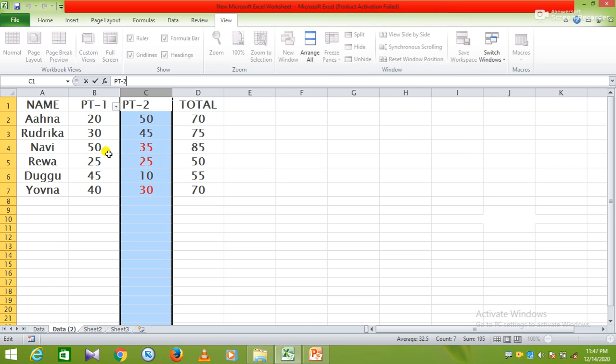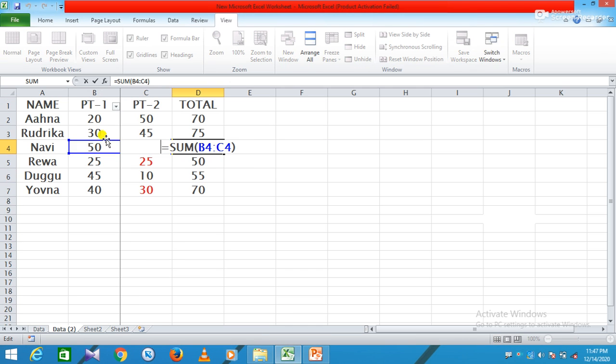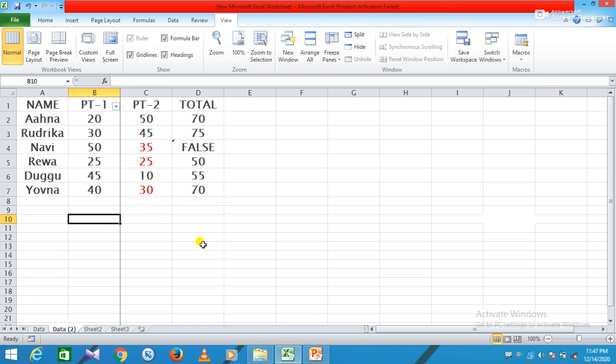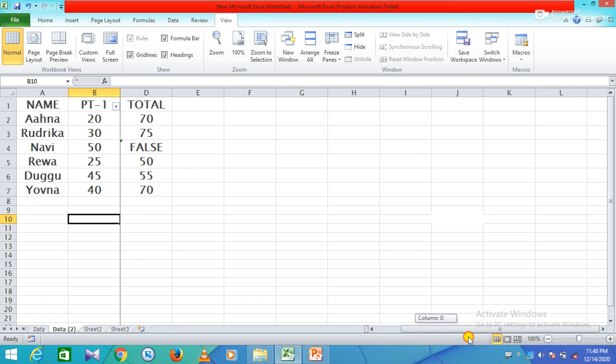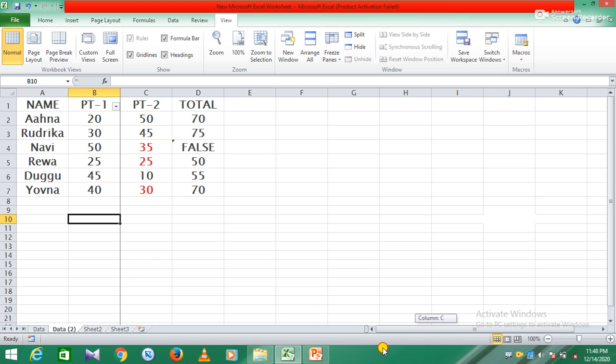Now you will see here this column is frozen. Freeze rows and columns simultaneously. You can see here this column is frozen.